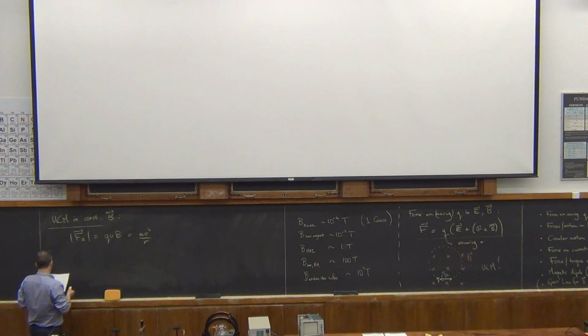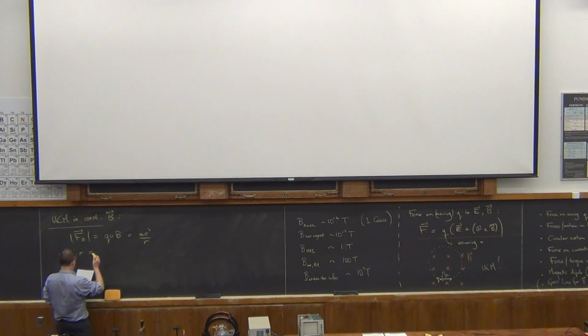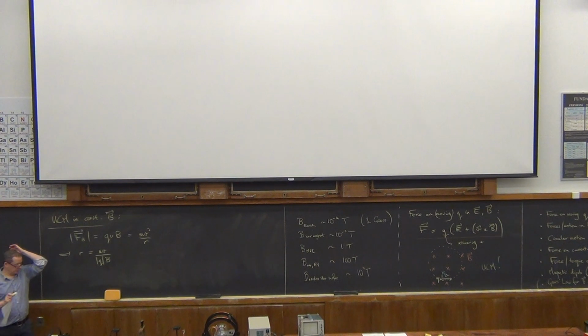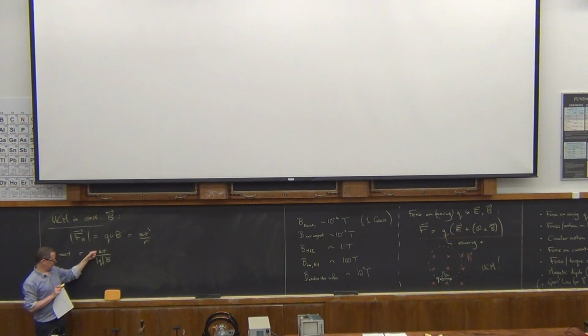All right, so if we've got this, we can simply rearrange it to find the radius of curvature here. And what we find is this. So the radius of that green beam that you were seeing a few moments ago is determined in terms of these parameters. Okay? Mass of the electron in this case, magnitude of the charge on the electron, the velocity with which we're firing them out of our